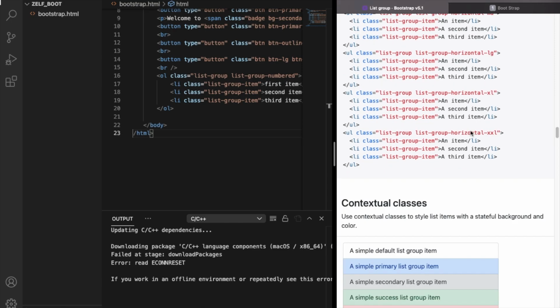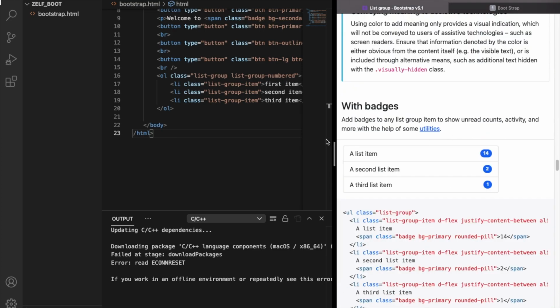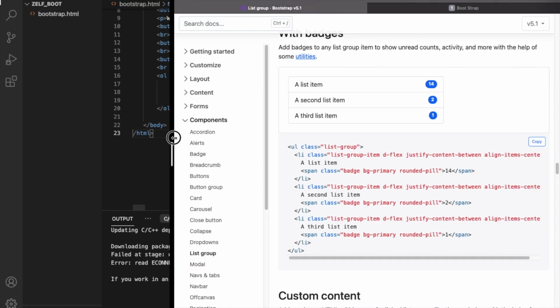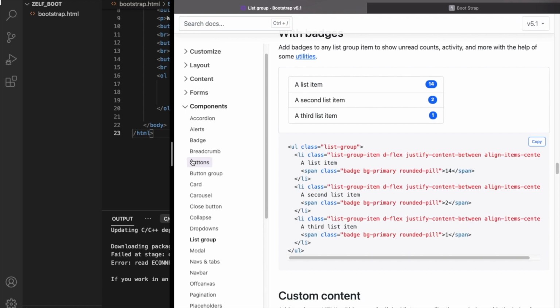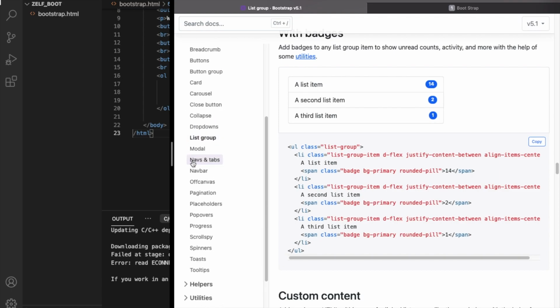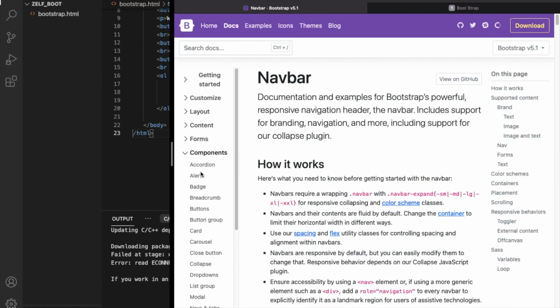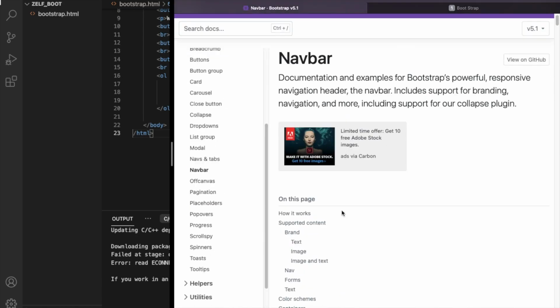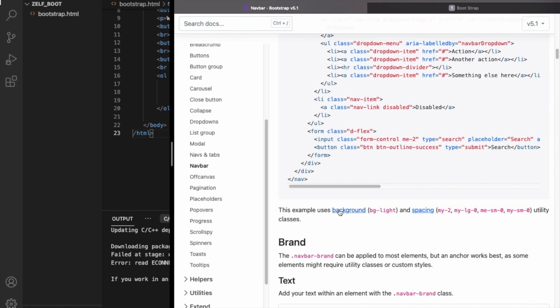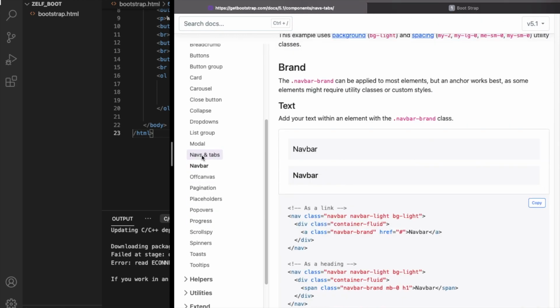So you can see a lot of things if you go down. Okay, you can do that, like this. So you can play with these things. Okay, in the same way we have nav bar, navs and tabs. You can go over there and you can see a lot of stuff over here. Okay. Navs and tabs, you can go